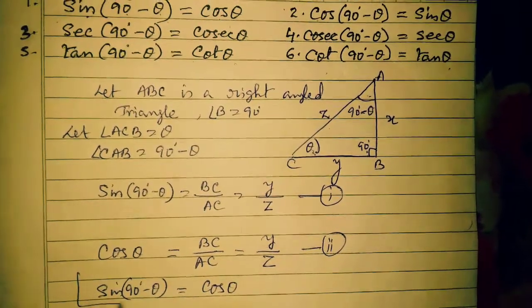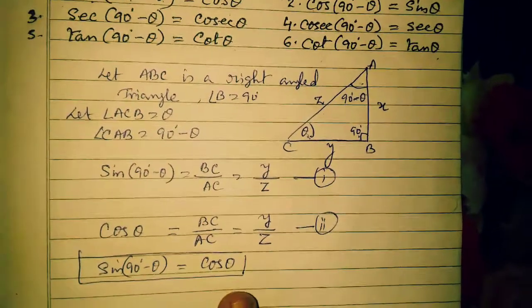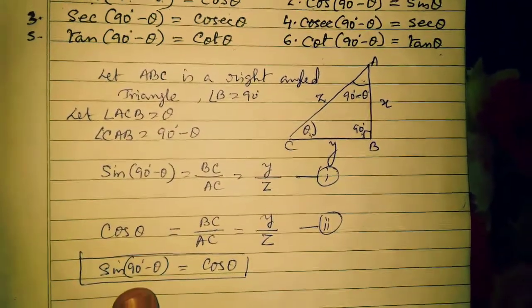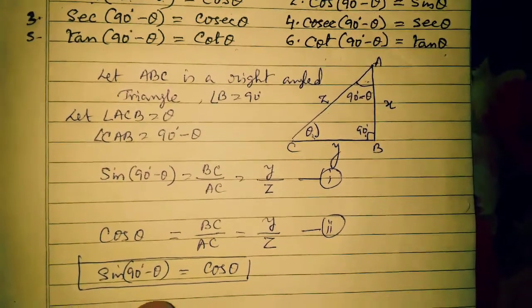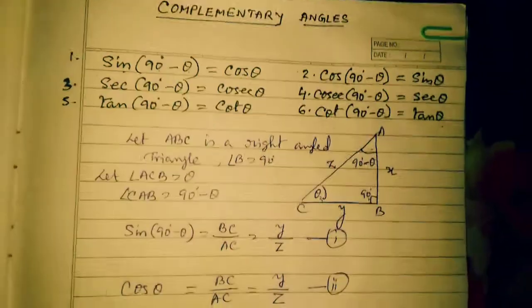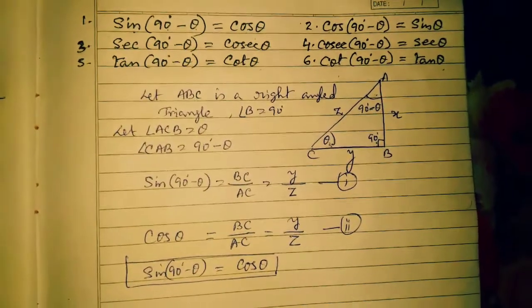This way, if you see the value chart, the value of cos 30 and sin 60 is the same. The value of sin 30 degrees and cos 60 degrees is also equal. Similarly, if you find out